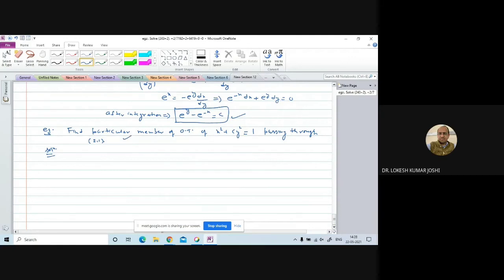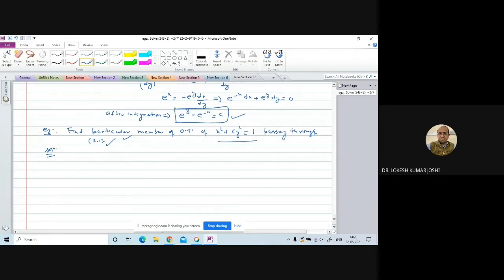It means the member which is orthogonal to this curve, as well as passing through x equals 2, y equals 1. We always get a particular curve whenever we have some condition in the question. Here we have a condition: the curve is passing through (2, 1). Steps are the same. In the final step, we put x equals 2, y equals 1, we eliminate the constant and we get the particular curve of the family.